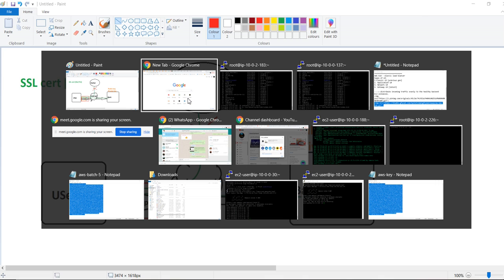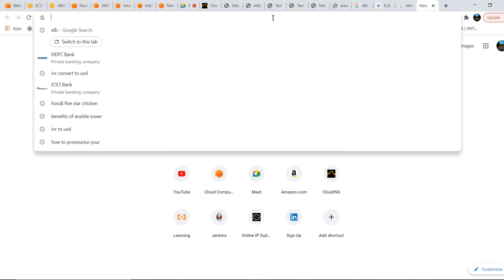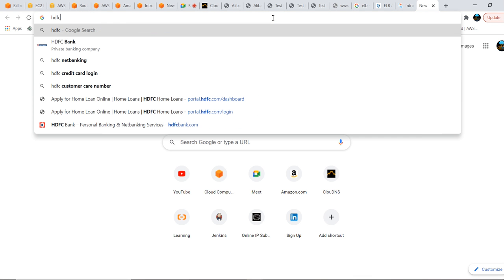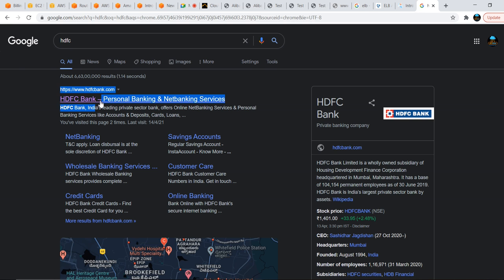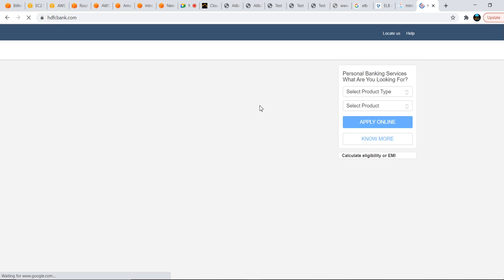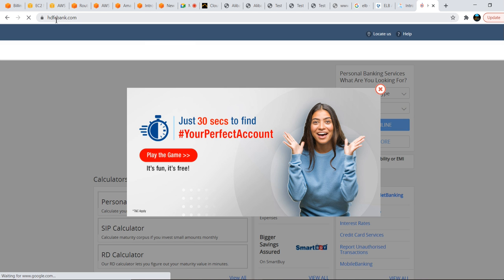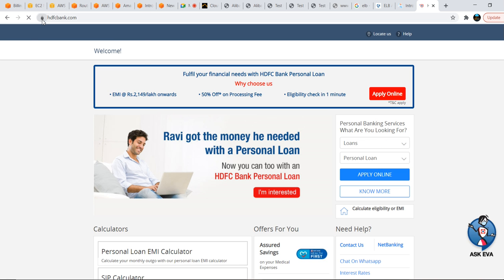Let us see in HDFC bank or any other bank what SSL they are using on their websites. Let us see here.